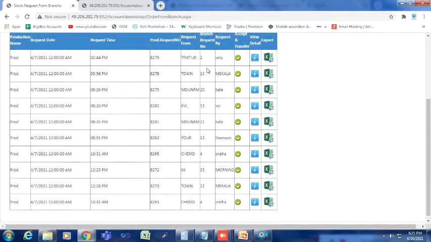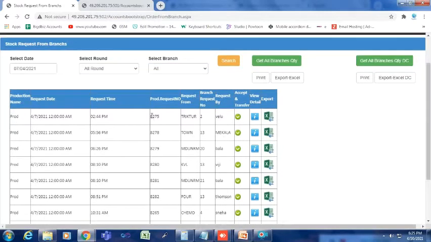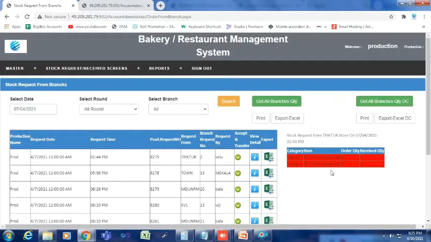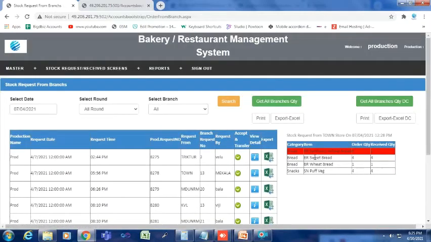So the request number is here, and who is the person who requested, what is the request number, what is the time, and you can see the details here, what the items are. It shows in red color because you don't have the stock right now. You have to make a production and send it. So this particular stock is available, which is showing in white color, the sweet bread and wheat bread puff veg, these are available. So order quantity is this, the receive quantity is this, and this is the stock available with us. Then the sandwich bread is not available, the quantity is 0. We don't have this particular stock.